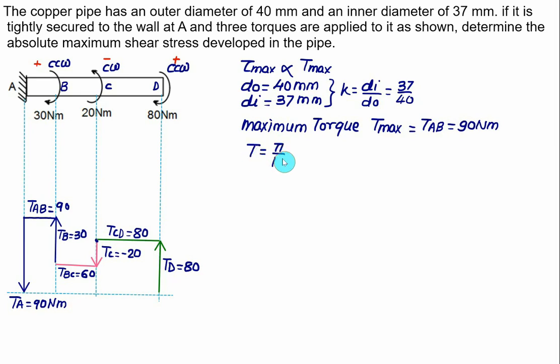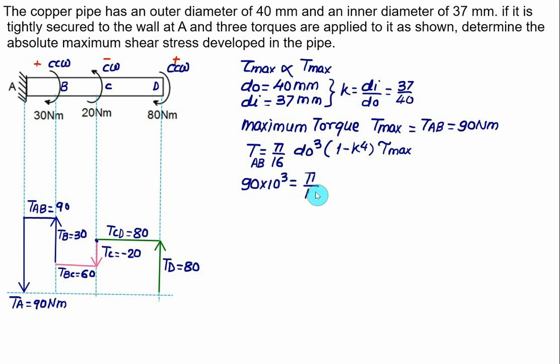Since it's a hollow shaft, we have dO cube into 1 minus k to the power 4 into tau maximum. We have to select the AB segment of the shaft where the torque is maximum. This value is in Newton meter. So we have TAB equal to 90 into 10 to the power 3, that will be in Newton mm, is equal